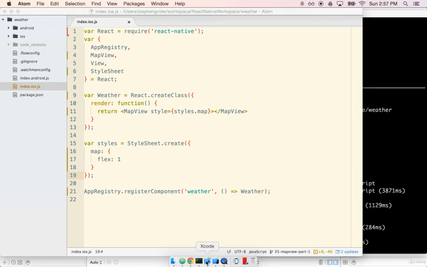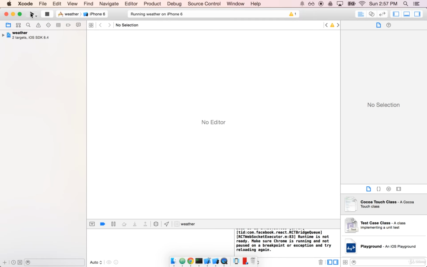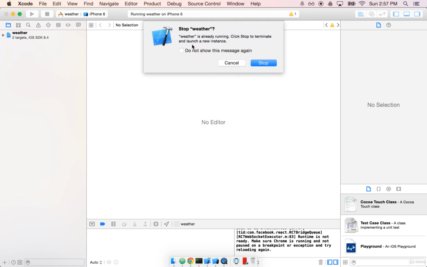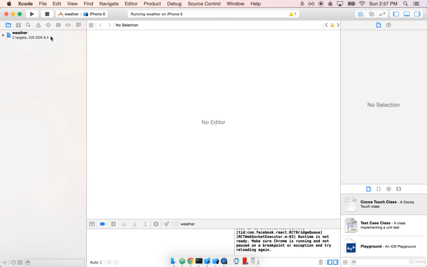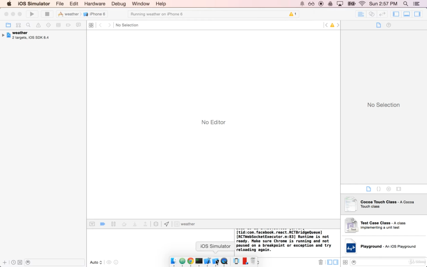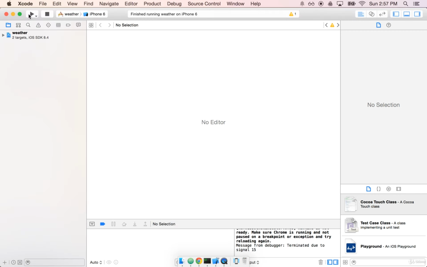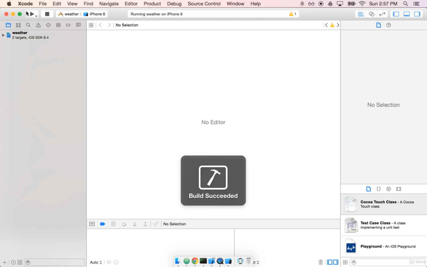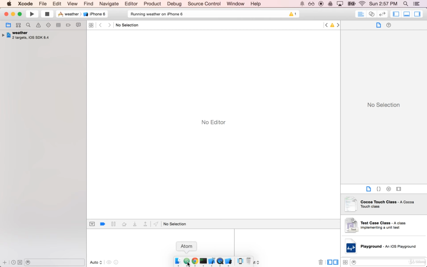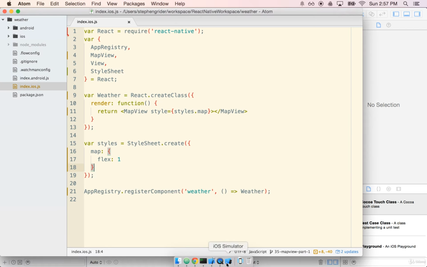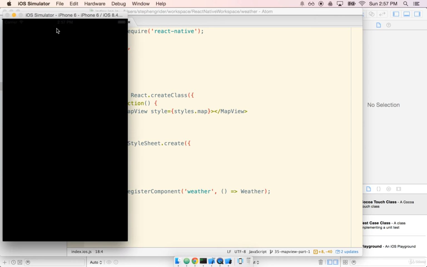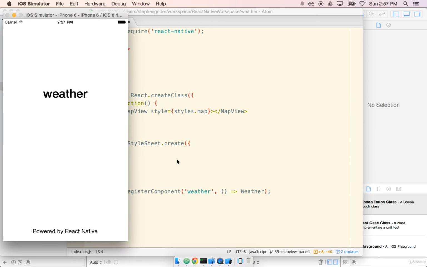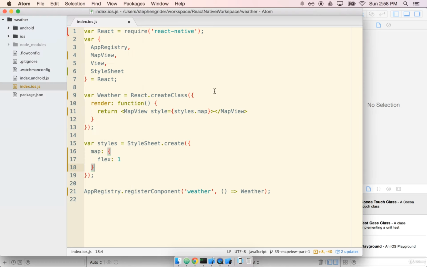Cool. So this looks good. I'm going to flip over to Xcode and hit play. I've already got an instance of the simulator running. So make sure you go ahead and hit play, but I'm just going to use the instance I've already got here. If I can open it, I'm going to just start it over. There we go. There it is. So while that's running,